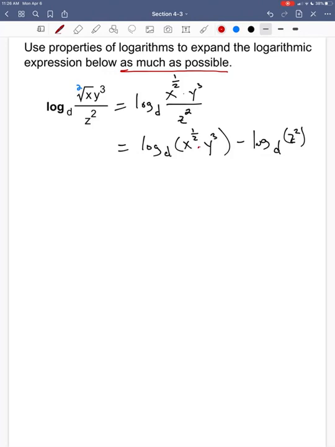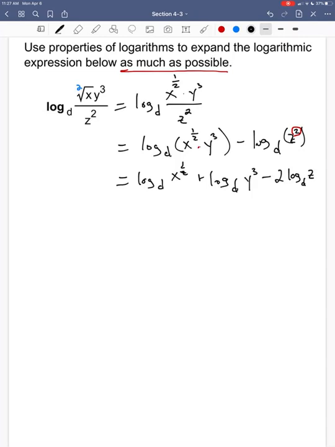The last thing here, when I look at the second logarithm, that's the log of something to the 2nd power. The log of something to a power, that power comes down in front. So the first logarithm is going to become a sum. So log base d of x to the 1/2 plus log base d of y to the 3rd minus, here I can bring the 2 down, log base d